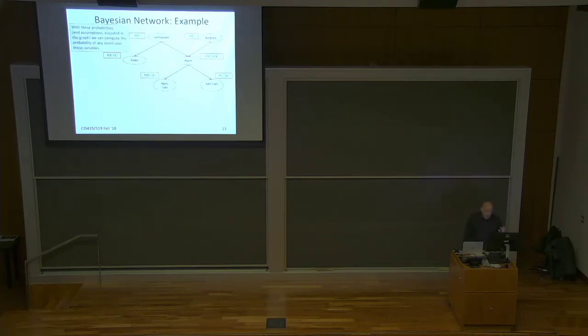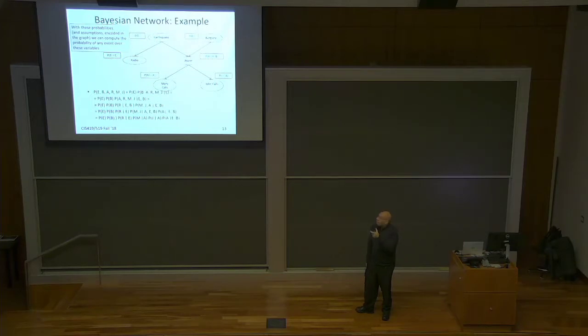Okay, so now I have everything. Now I can compute the joint probability distribution. And here it is. So what is the joint probability distribution? It's a probability distribution over E, B, A, R, M, J. Notice that what I'm encoding there is 64 numbers, right? Because E, B, A, R, M, J could take 64 different